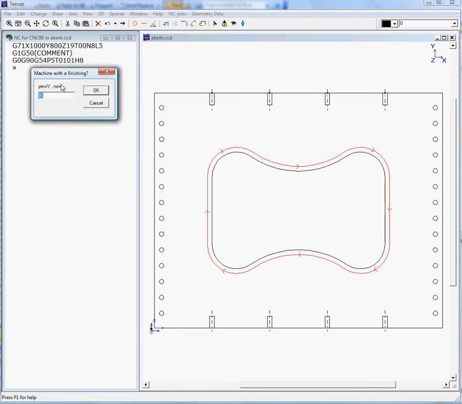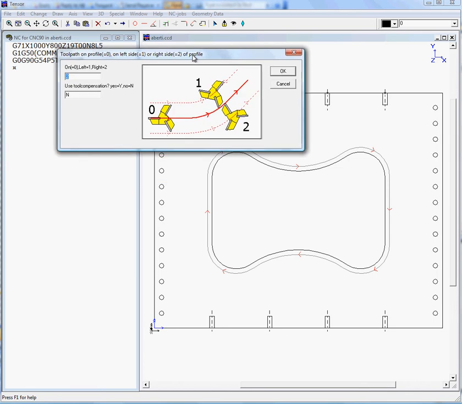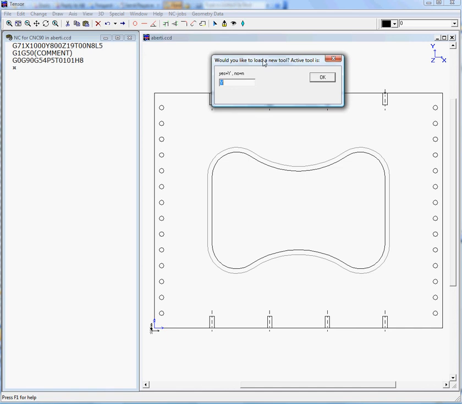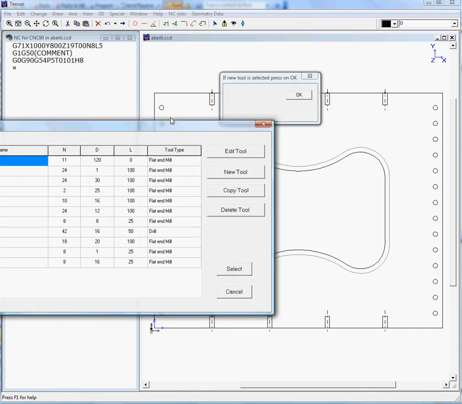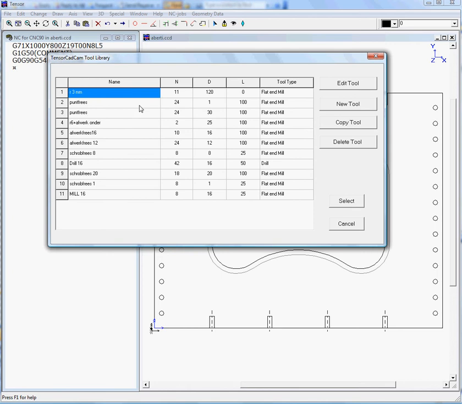We do not need a finishing in this case, so we'll enter with no. We will stay on the right side of our profile, so it'll be 2, and we will not use tool compensation as G41, G42. Would you like to load a new tool? Yes. And we can now select in our tool library the tool we need, like for example mill 16, and